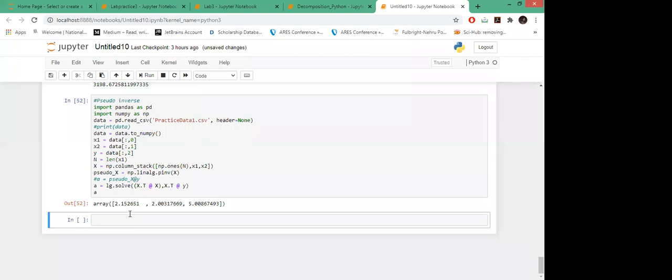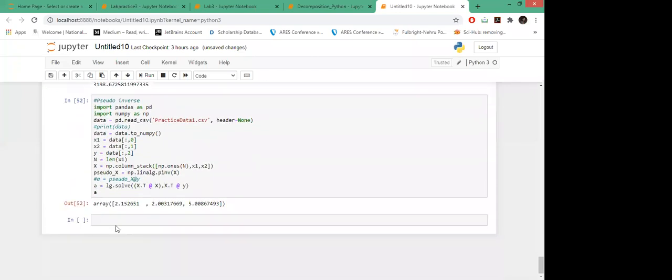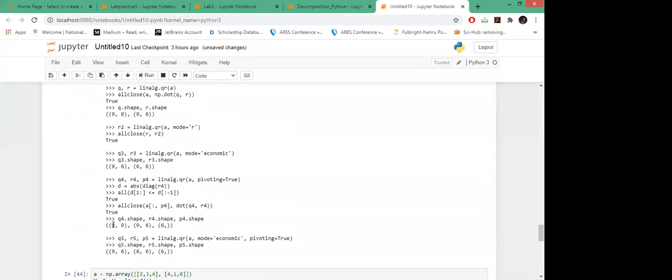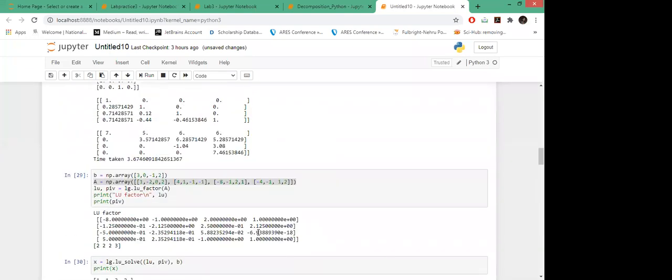So this is how you can use it, and there are many other applications. I have chosen the basic applications relevant to beginners. These are the different forms of decomposition you can work on, and you can see the applications of singular value decomposition in the next session. Okay, I'm open for doubts if you have any doubt in this.